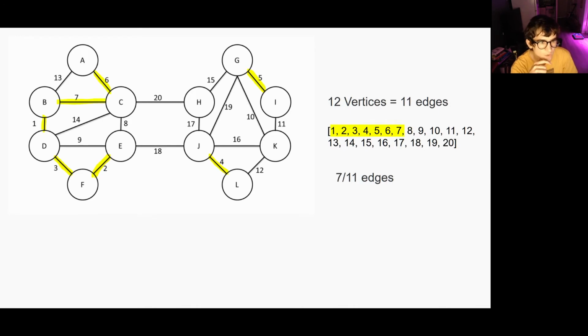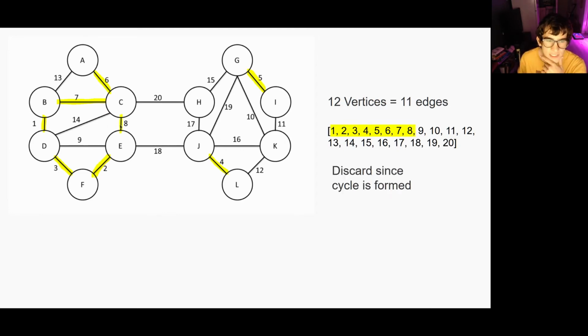Going to 7. So the way you want to tell if it creates a cycle or not is, we see C and B here. Right now there is no way to reach B from C and vice versa. So we can go ahead and add that edge there, since there's no pre-existing route, not necessarily through this edge, but through another route. So if 13 had already been connected, then adding an edge here would create a cycle. But we keep going here, I'll show you what I mean. So we can add that edge,